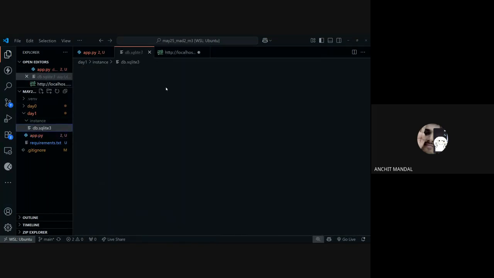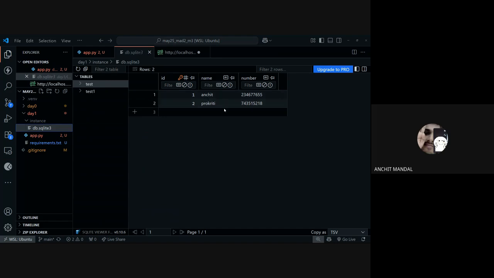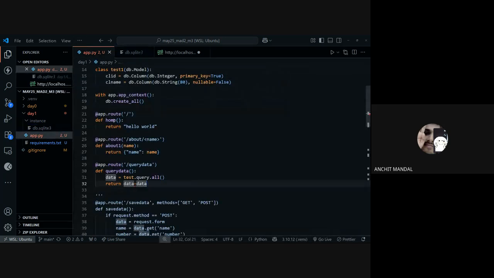So I have two rows as of now. And what I want to do is I want each row to be in a JSON format. So a JSON object will be having three keys: ID, name, number. And for this data table, it will be having two JSON objects. So what I want to do is in the return statement,